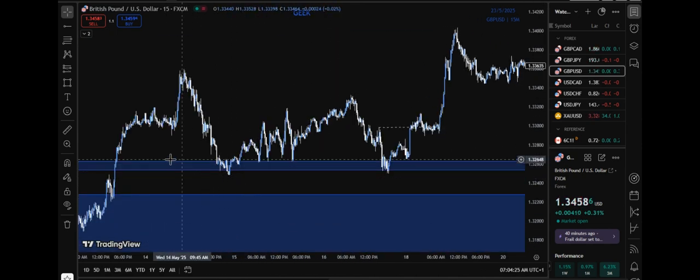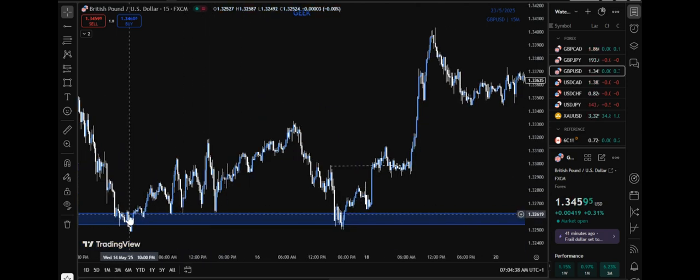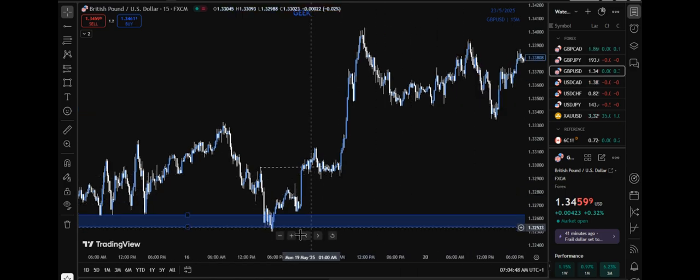If you look at all these other moves that touched into the fair value gap, there is no shift in market structure here yet. There is no major move, unless you want to be looking at this, which is not really the best that you can be looking at. It is very small, but yeah, it is still worth its while. But I would still prefer looking at this one because this one is the most significant. Entry here, stop loss here,